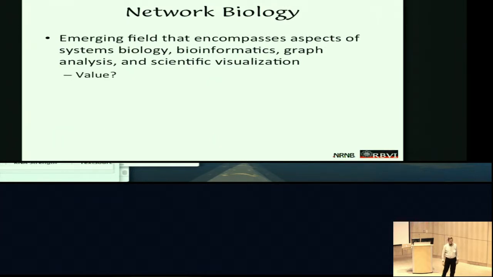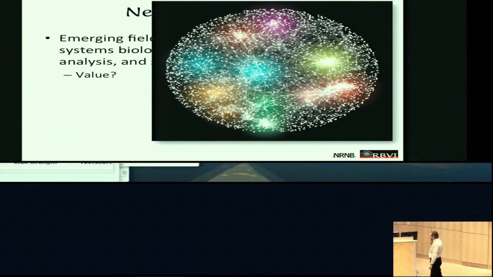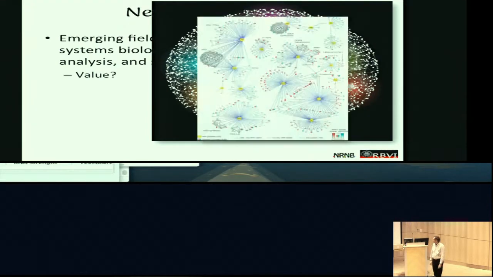Is there value? I think when we start talking about some of these terms right away, we want to think about, is there any value here at all? This is an image from Charlie Boone's SGA data. It has already been proven to be extremely valuable. This is a genetic landscape of the cell, and the highlighted areas are showing strong interaction within certain pathways. We would expect that, but this is really nice confirmation of that.